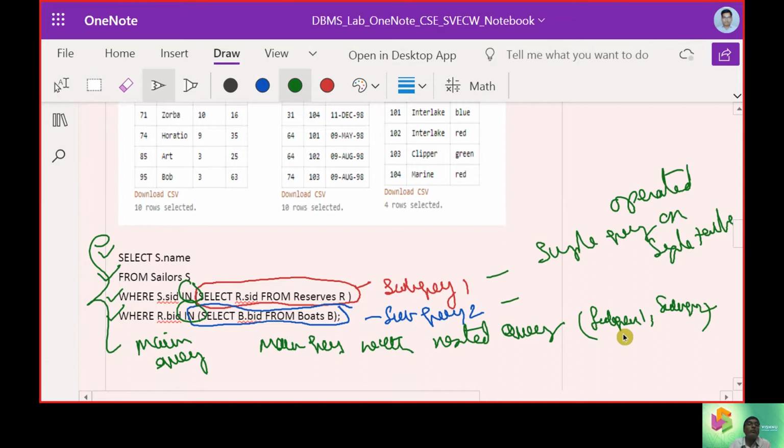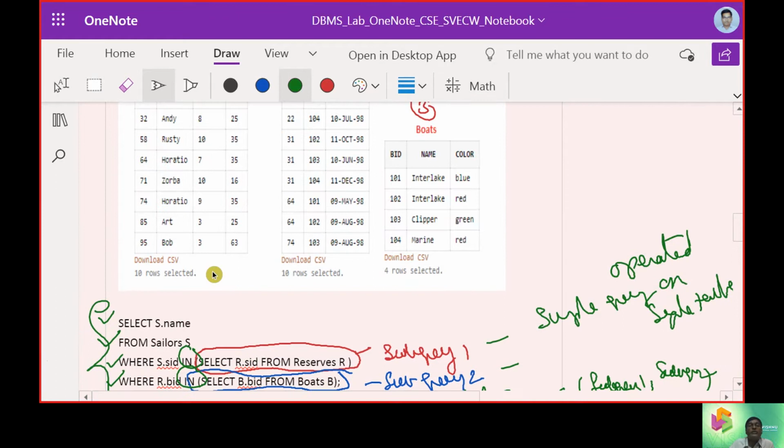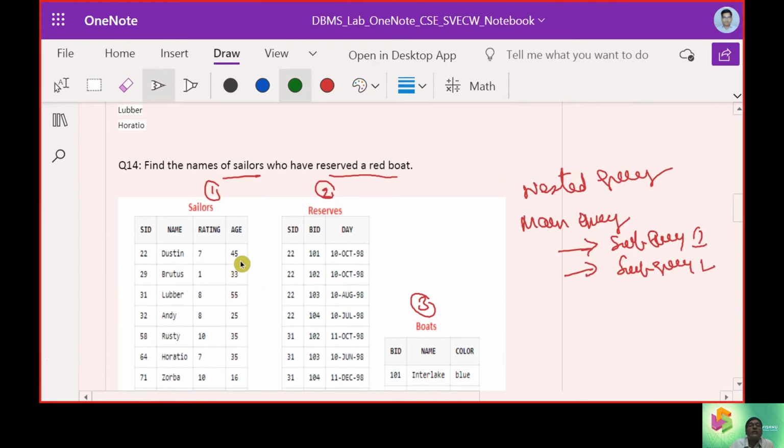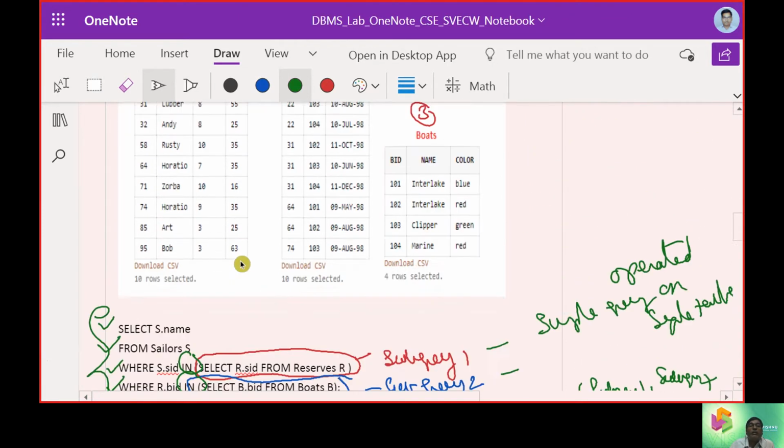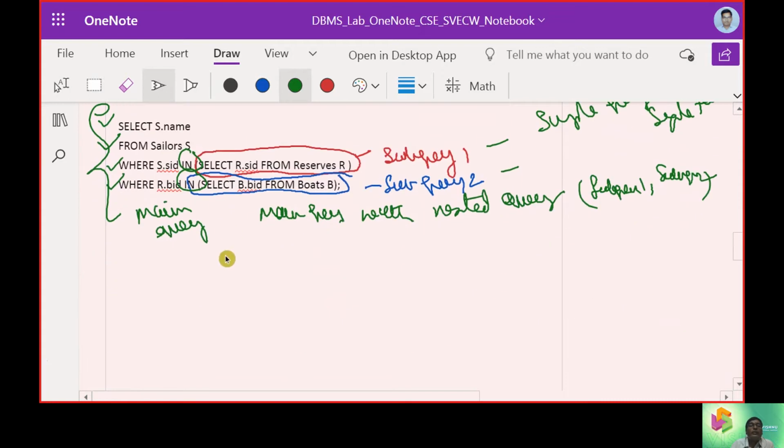So that was the takeaway we have to understand at this point. Now let us execute the parts here. IN we are going to use. IN supports sets.